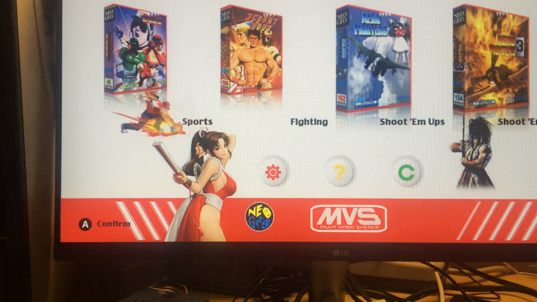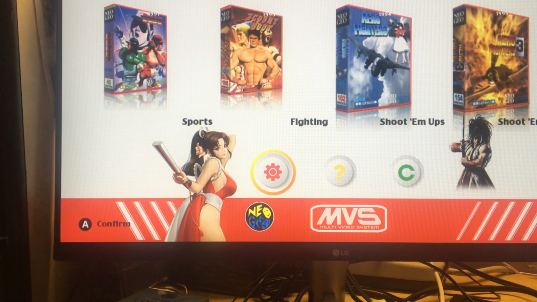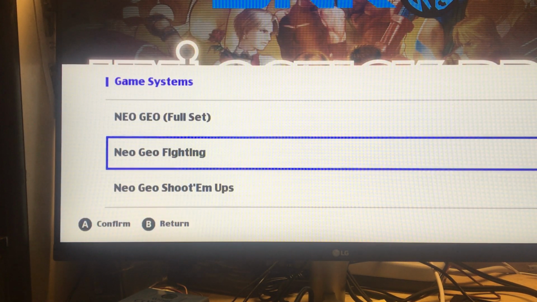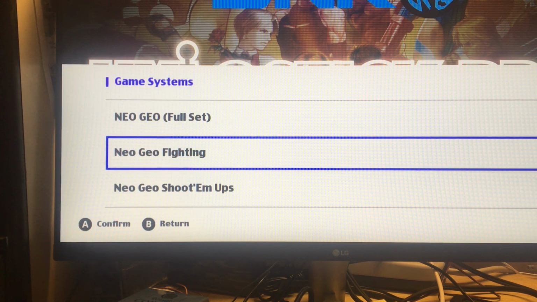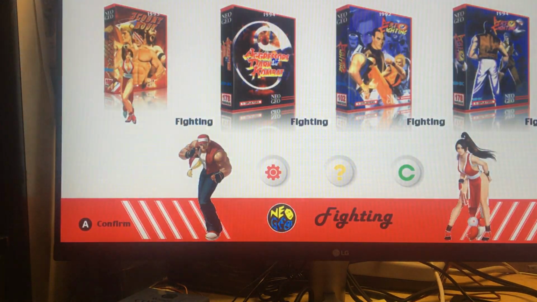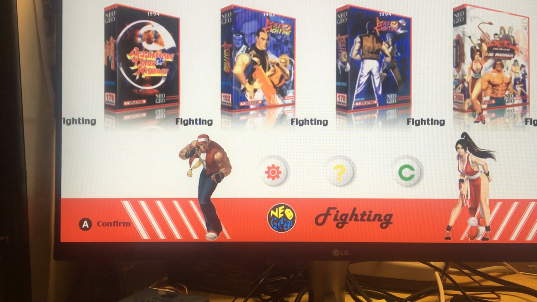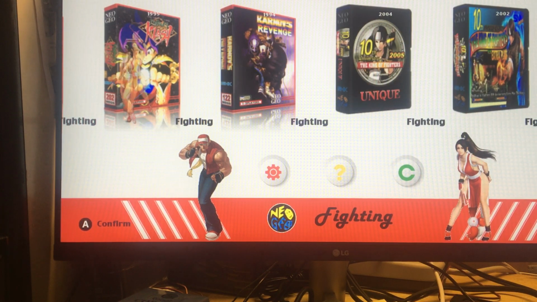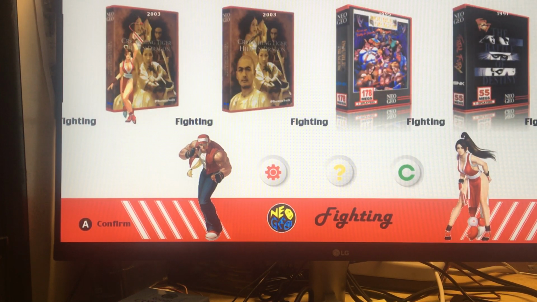So no Sega CDs, no Sega 32X, no Neo Geo CD. All those are being taken out from the console, so you don't have to try to find space to put everything in there. For those CD games, if you wanted to have them on your console, you just have to go to Telegram